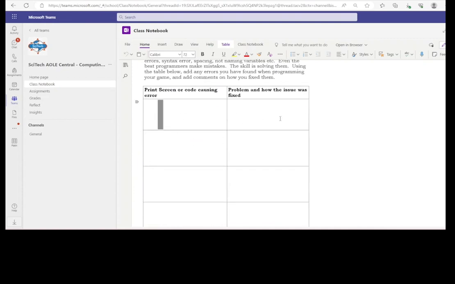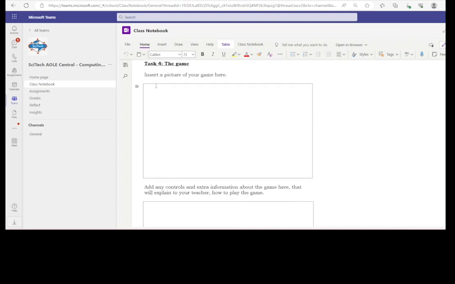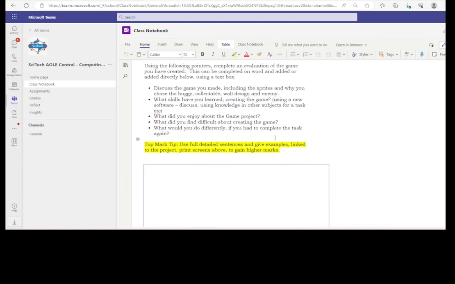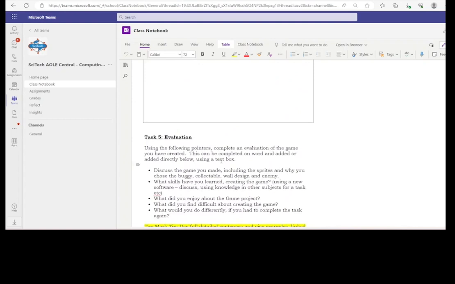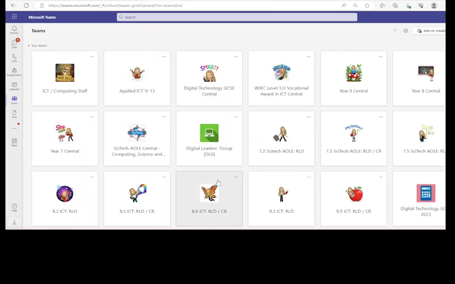And this is also good practice for them ready for GCSE because it gives the same kind of concept. Insert a final picture of the game and any controls that you want your teacher to mark, and obviously the evaluation of their game. So that's the basic concept of our SciTech AOLE, but the important thing is when I